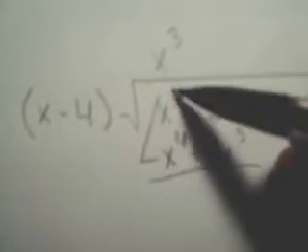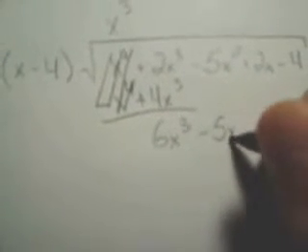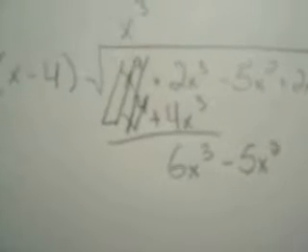These two will cancel out. Then what you're left with is 6x to the third. And you drop down this negative 5x squared. Okay, now we're going to repeat this process, but for now we got to get this x to be an 6x to the cubed. So what we want to multiply that by is positive 6x squared. Okay, now take that through to both these, and you get 6x cubed